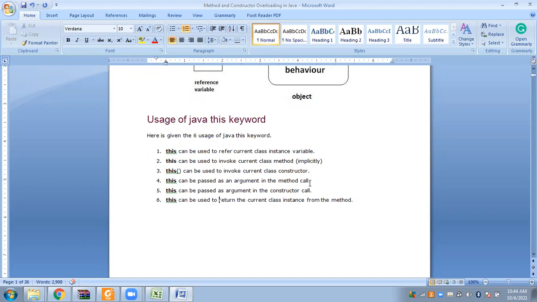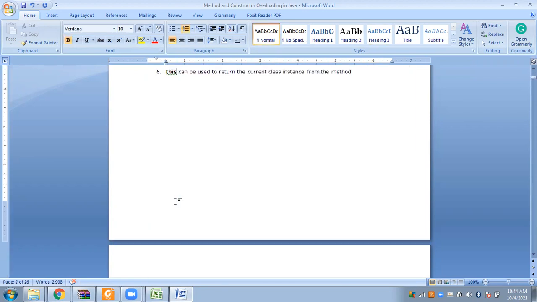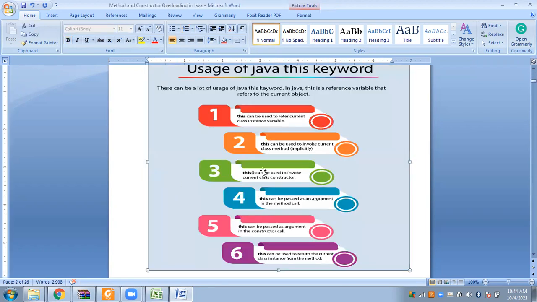This can be used to return the current class instance from the method. Just like you can send this keyword as an argument in a function, you can also return it from the current class method. So these are the various usages, and this is the diagram.